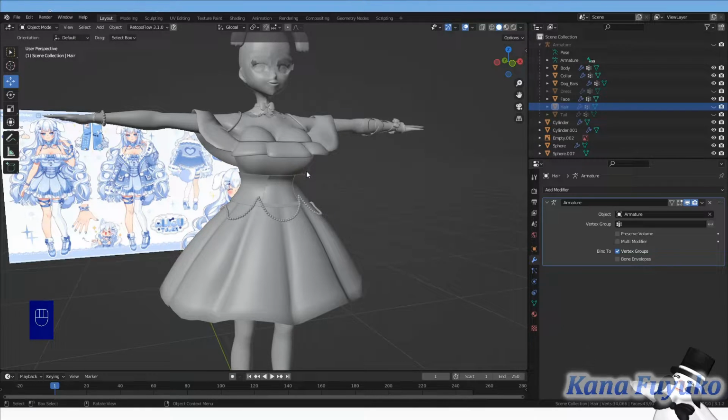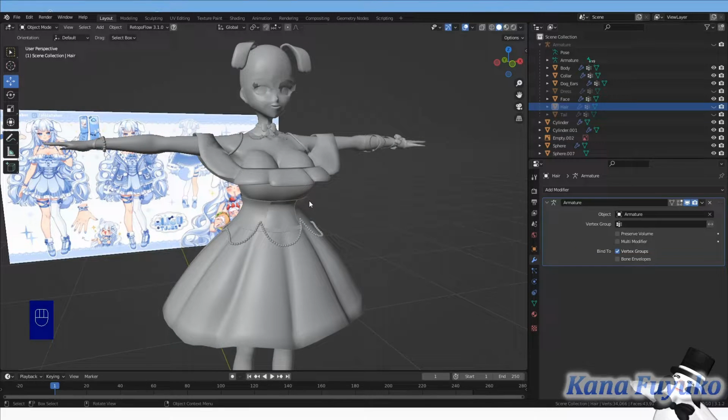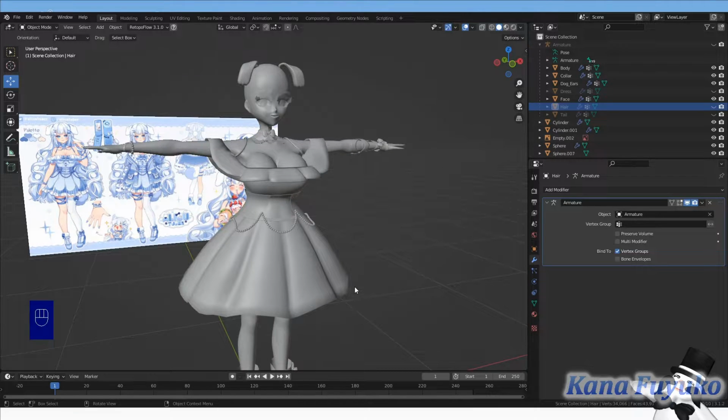So if you're a VRoid user or you have a model in a different program and you want to put it in Blender, for VRM models from VRoid, there's a VRM import plugin. Link in description, I have all the resources linked in the description. There's a VRM import Blender plugin that you can download, and I'll make sure to also put a tutorial on how to install the plugin. That way, if you want to put your VRoid model in Blender and be able to do all that stuff with editing, and even exporting it into VRM format if you wish, the plugin should be able to do that.